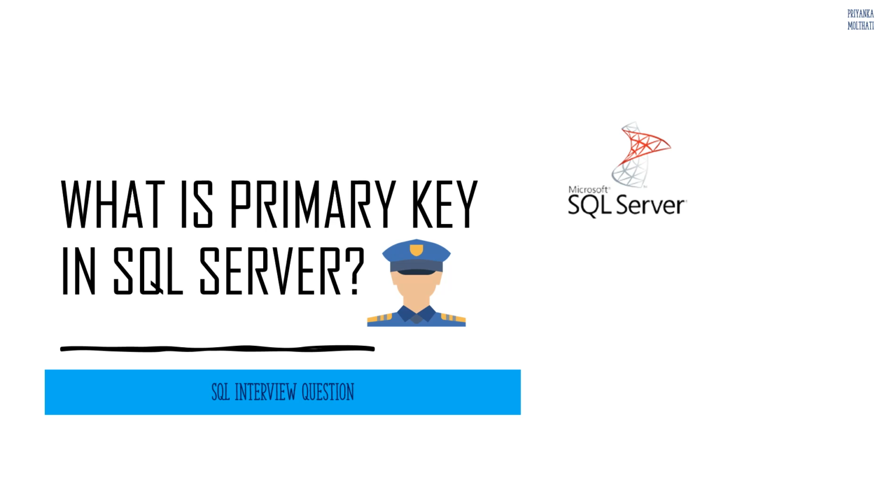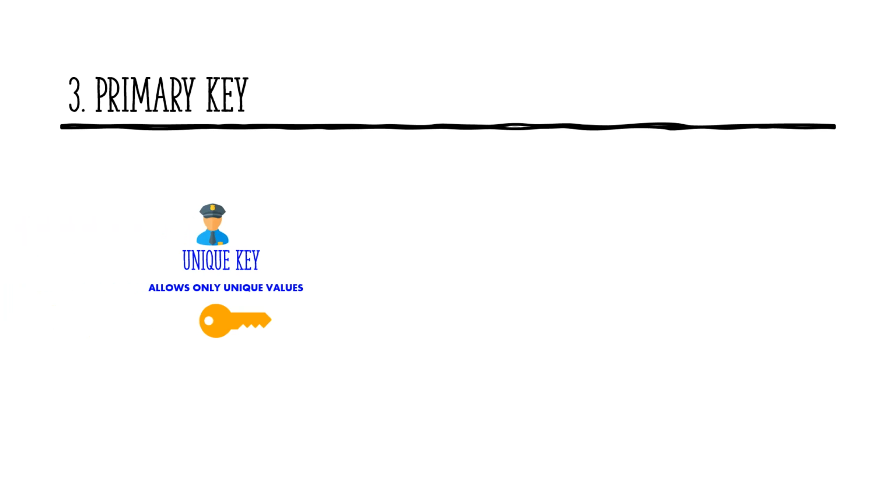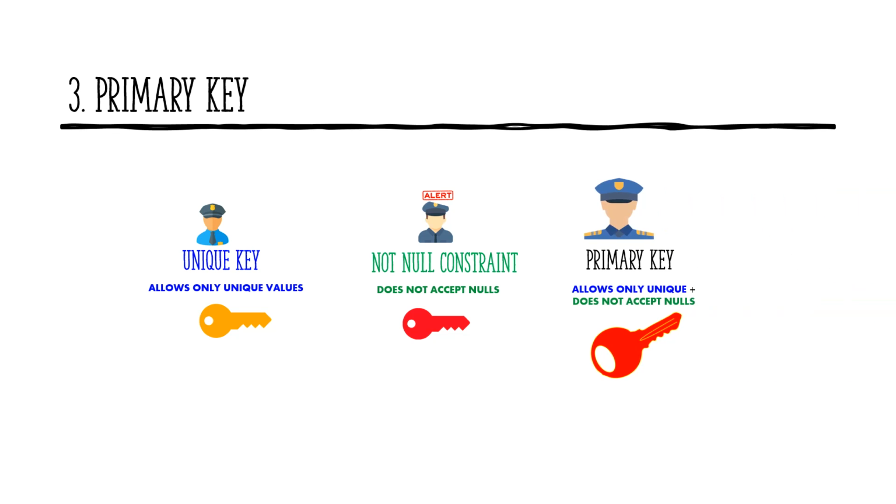Hello everyone, the question for today is what is primary key in SQL Server? So we know that the unique key allows only unique values and the not null constraint does not accept nulls. So for the primary key, it does not accept nulls and it only allows unique values to be inserted